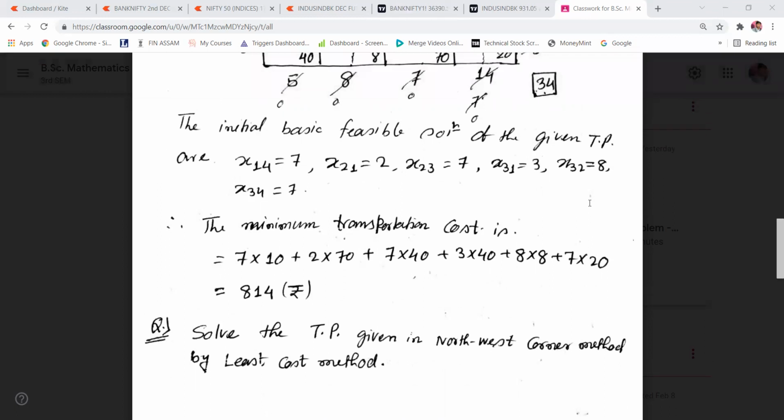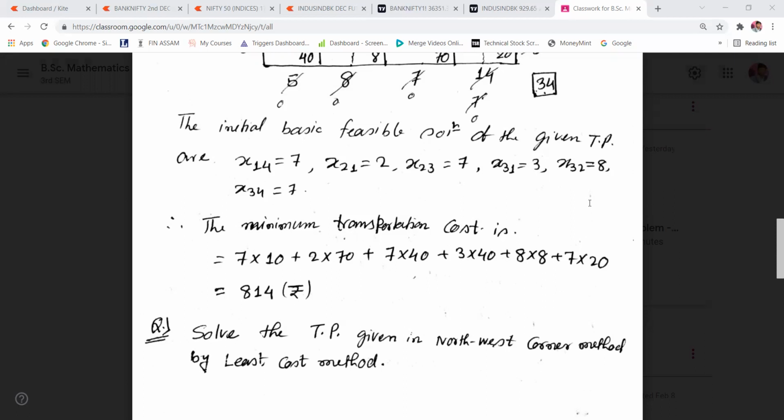Obviously, there is a difference. Which method has more accuracy? Comparing northwest corner and least cost methods, the least cost method has more accuracy than the northwest corner method.